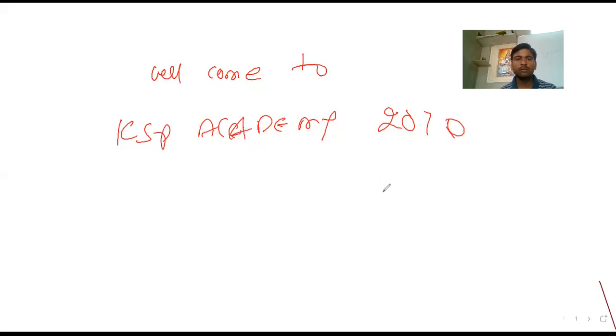In the last class we discussed the statistics basics: mean, mode, variance. After that, I entered into the formulas related to mean calculation: the direct method, then the shortcut method or assumed mean method, and then the step deviation method. Three methods I discussed. For the direct method, the formulas are already done, and I already told you the formula related to questions. Now, the second method we shall discuss today.